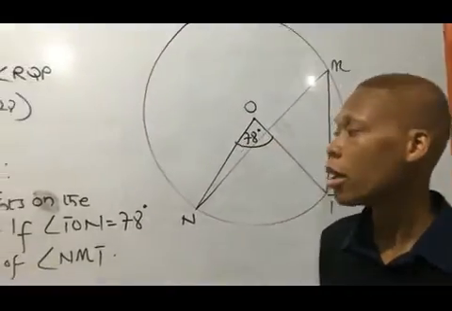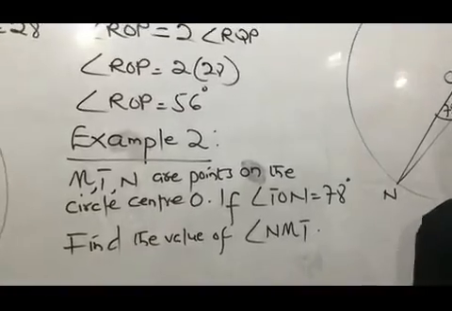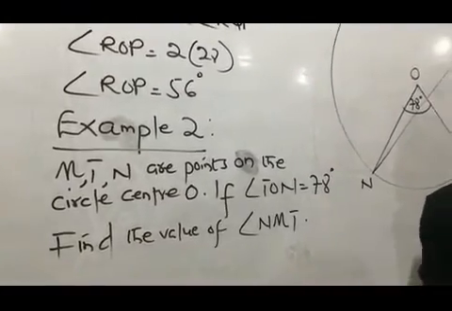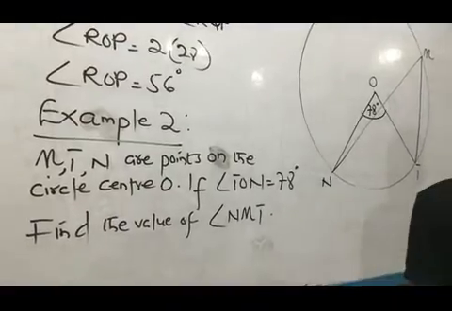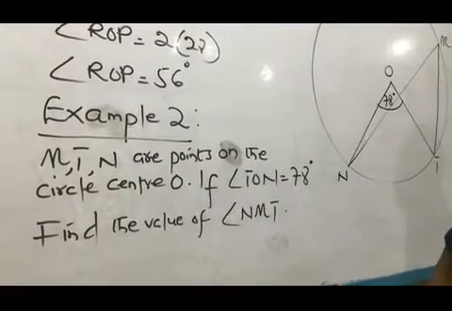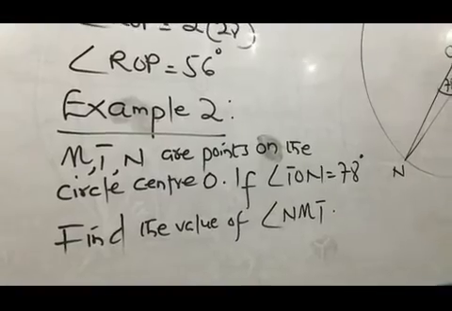M, T, N are points on the circle center O. If angle TON equals 78 degrees,